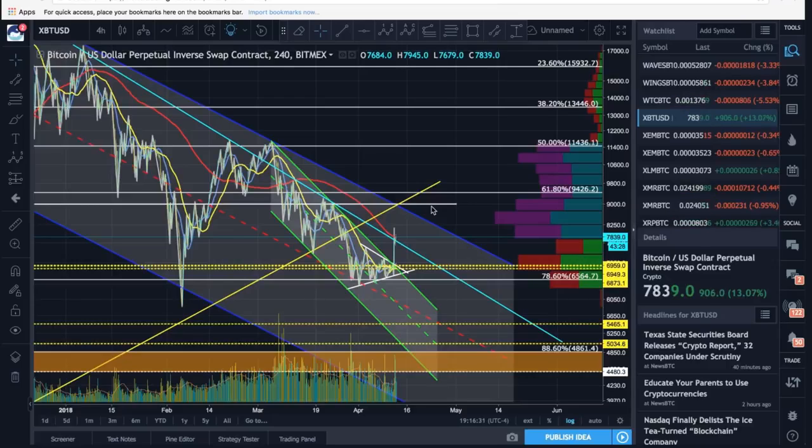Today we're going to be talking about the recent Bitcoin pump, why it happened, where I see the price of Bitcoin moving in the next few days, and the overall idea that we're in a market trend reversal to a